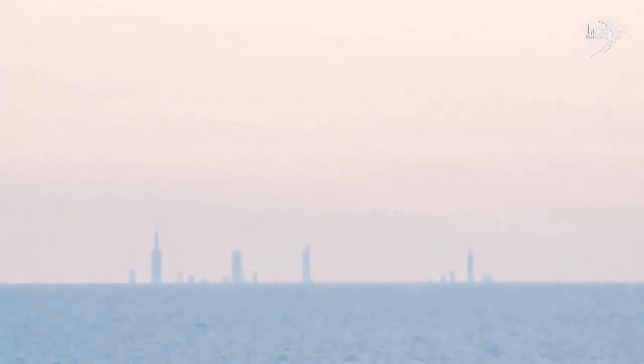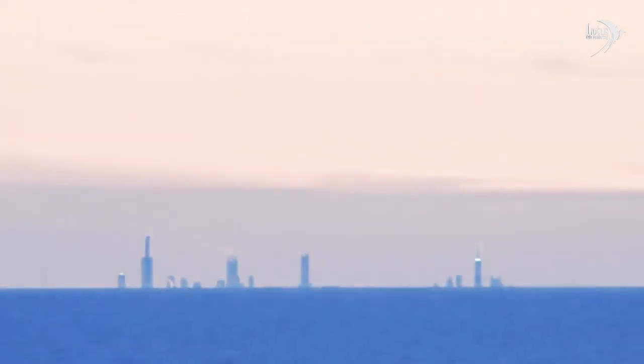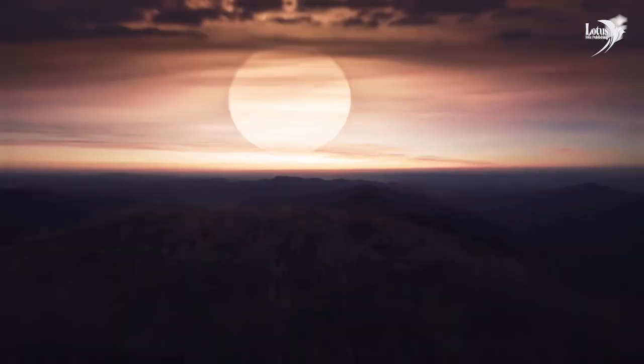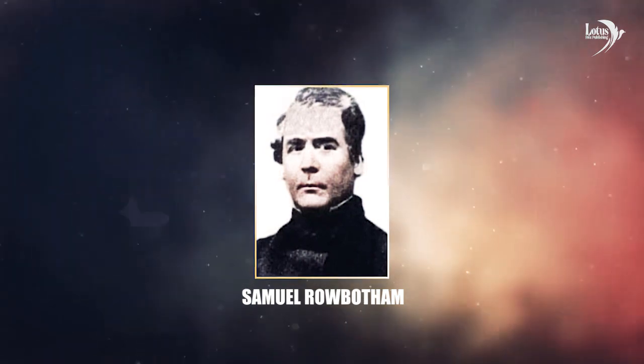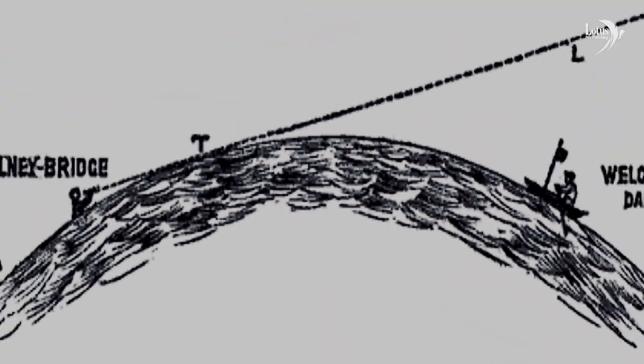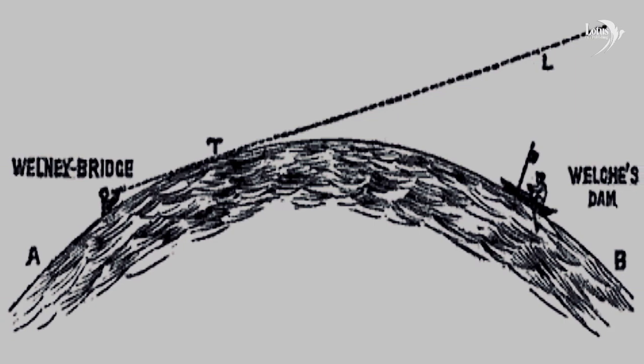These are just a few examples among many that challenge the conventional understanding of the Earth's shape. But, let's travel back to 1800, where a rather famous experiment called the Bedford Level Experiment took place. An astronomer named Samuel Rowbottom went to the Bedford Channel, a water channel located in Britain that is 10 kilometers long in a straight line, and set up a telescope 20 centimeters from the surface of the canal.